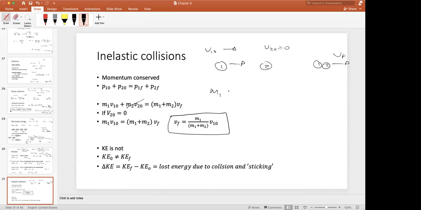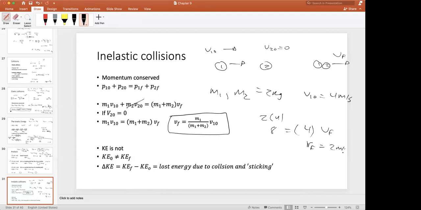So if mass 1 and mass 2 are both 2 kilograms, and V1 initial was, I don't know, 4 meters per second, plugging that in, I get 2 times 4, right, is 8. And that's equal to 2 plus 2, so 4, and I don't know what V final is. So V final would be equal to 8 divided by 4, which is 2